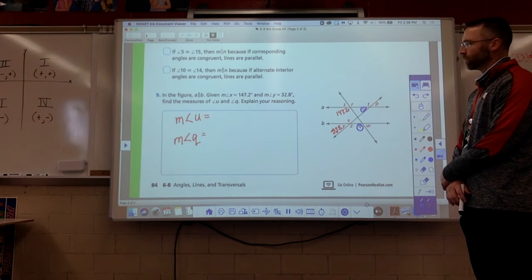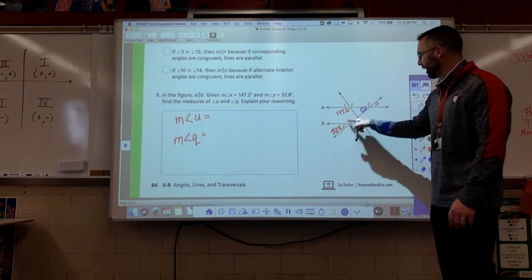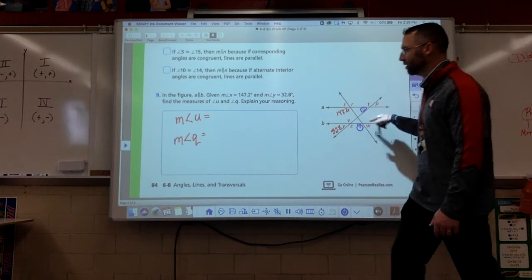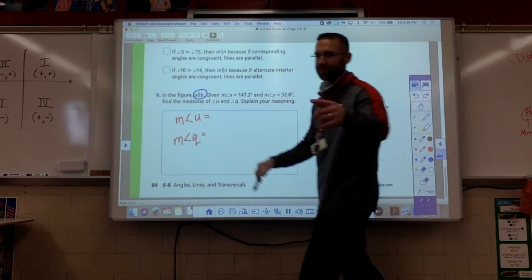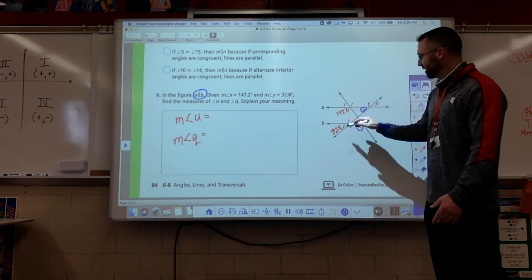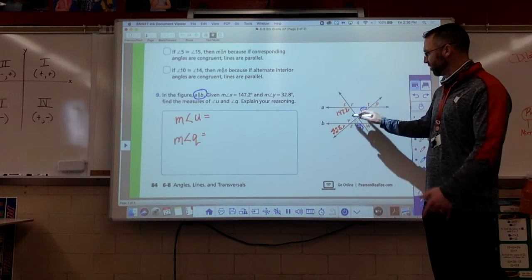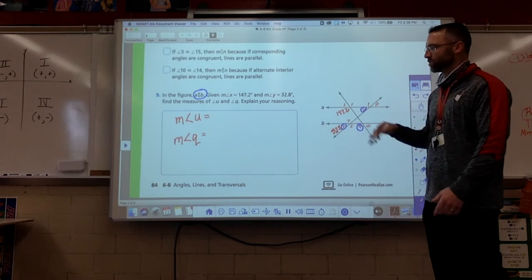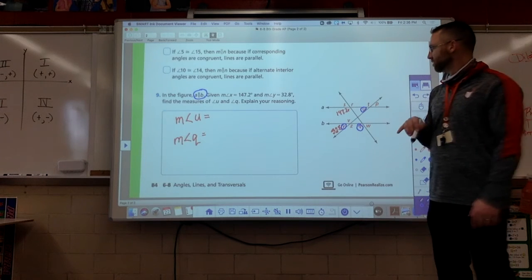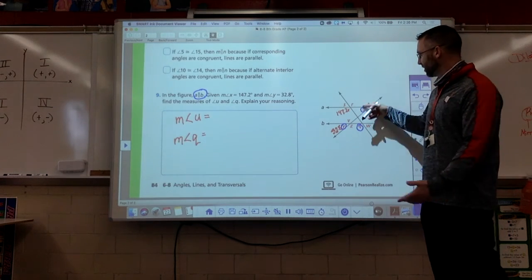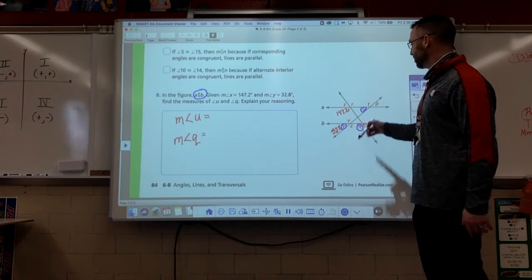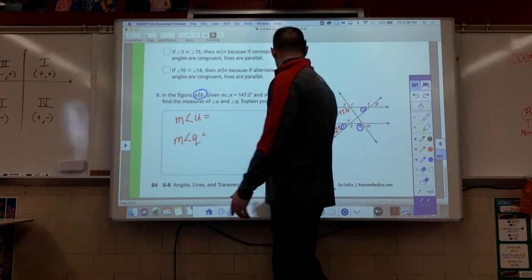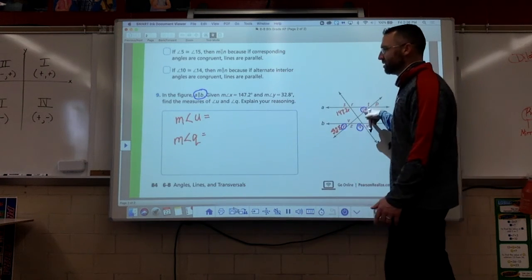Well, let's start with U. Here's a pair of parallel lines. How do we know? It tells us these are parallel. So I have to look for a relationship with U that can help me out. Well, this one right here, what type of angles would we call those? They're in the same spot on a different set of lines. That sure looks like they're corresponding. Corresponding angles are congruent. Angle Y is 32.8, which means angle U